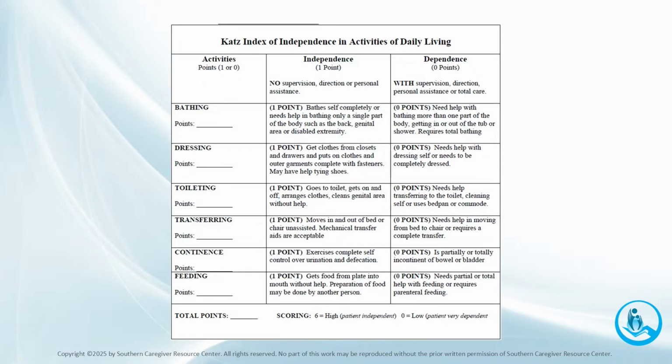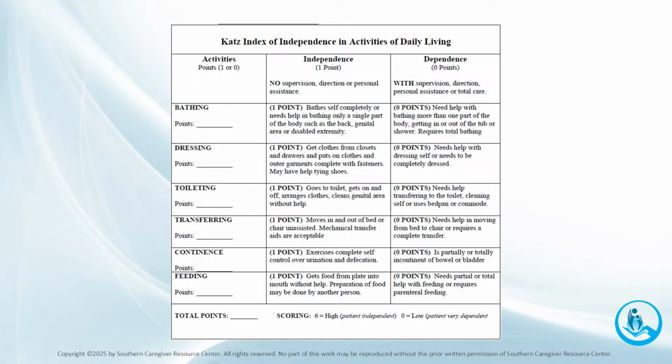So the index ranks adequacy of performance in the 6 functions of bathing, dressing, toileting, transferring, continence, and feeding, as you see here listed on the column on the left side. And clients are scored yes or no for independence in each of the 6 functions. Now, a total score of 6 indicates full function.